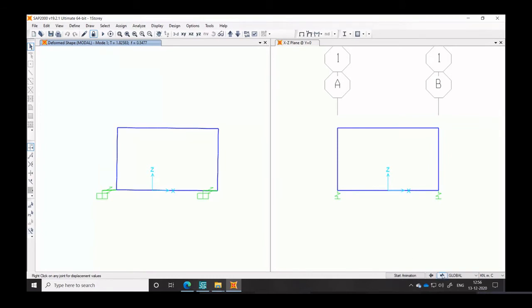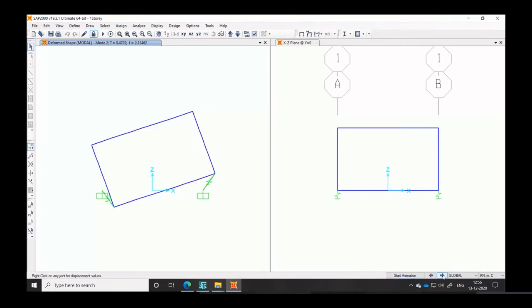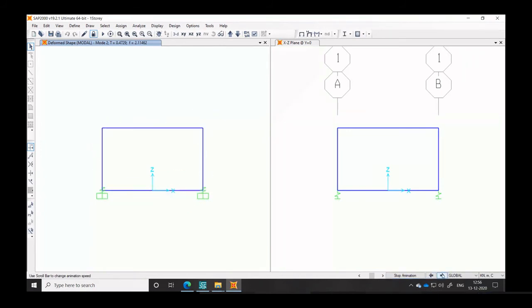Let us look at the second time period. Or let us animate the first mode and see how it is deforming. Can you see that, all of you? So this is the isolated mode. Now the second mode, which is again due to rocking motion. And then the third mode is the vertical. Because my structure is super stiff, all these primary modes are contributed by the isolation.